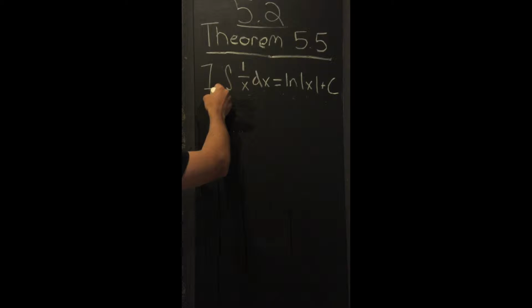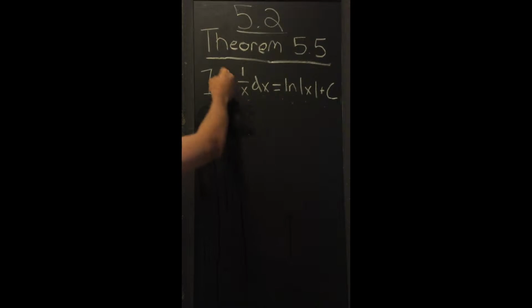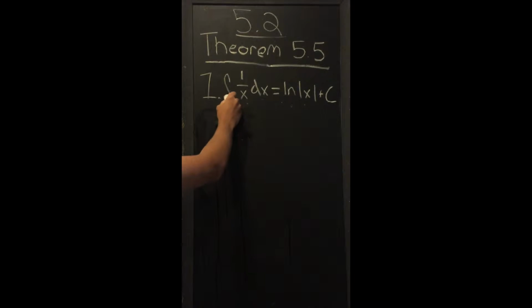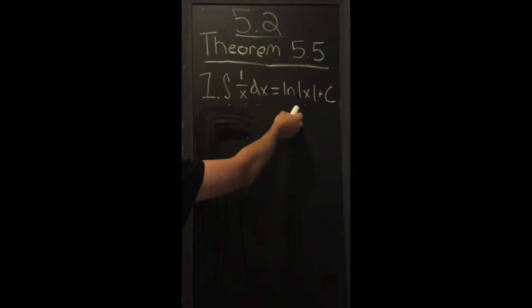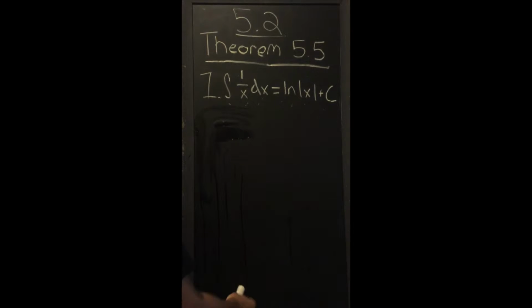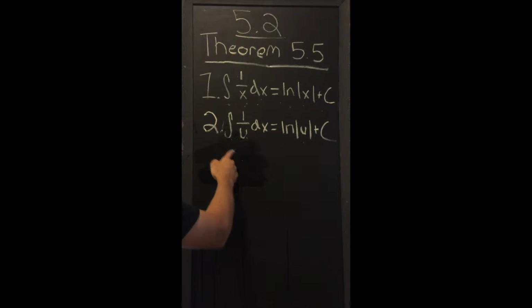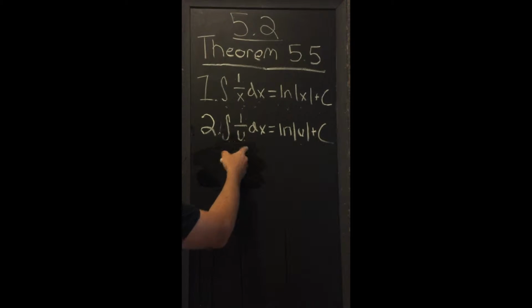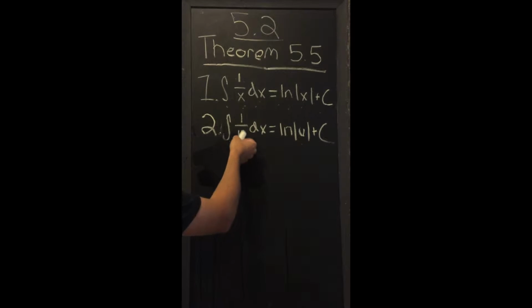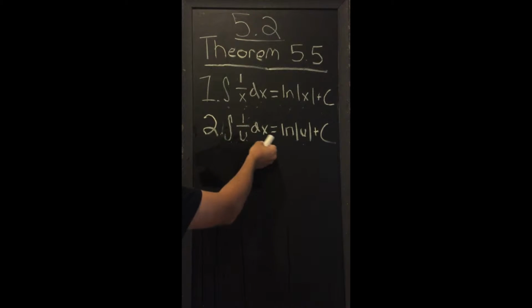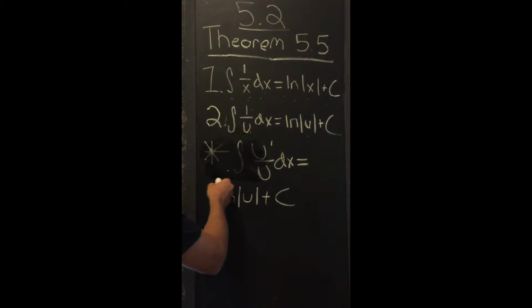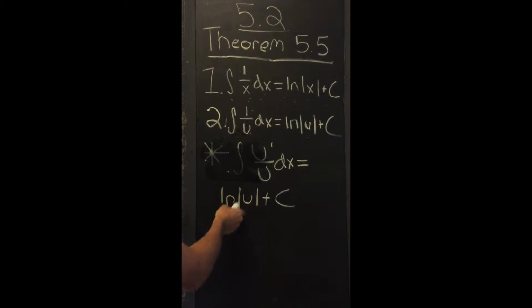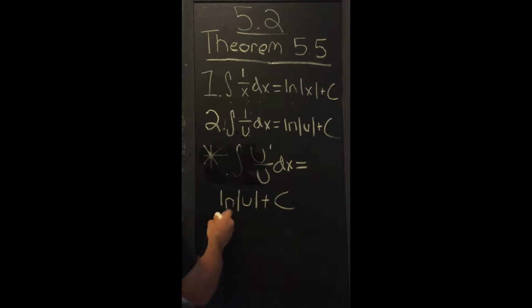Alright, so basically the most important thing to learn for this chapter is Theorem 5.5, which states that the integral of 1 over x dx equals the natural log of the absolute value of x plus c. And then number 2, we have the integral of 1 over u, where u is a set of numbers. It could be any set of numbers. As long as 1 is over it, dx equals the natural log of that set of numbers plus c. A second formula can also be represented as this by using u substitution, which we will go over in some